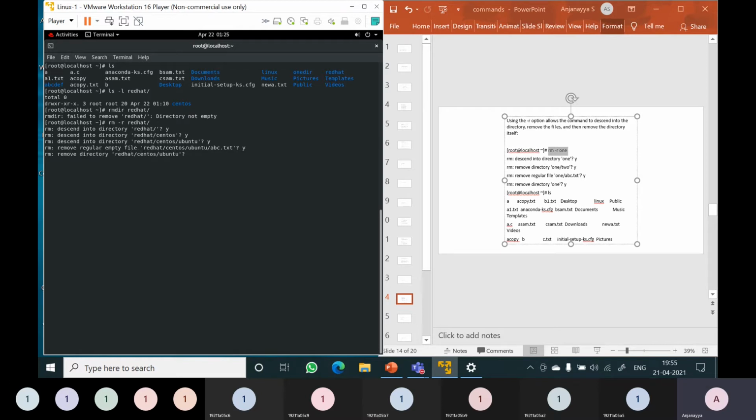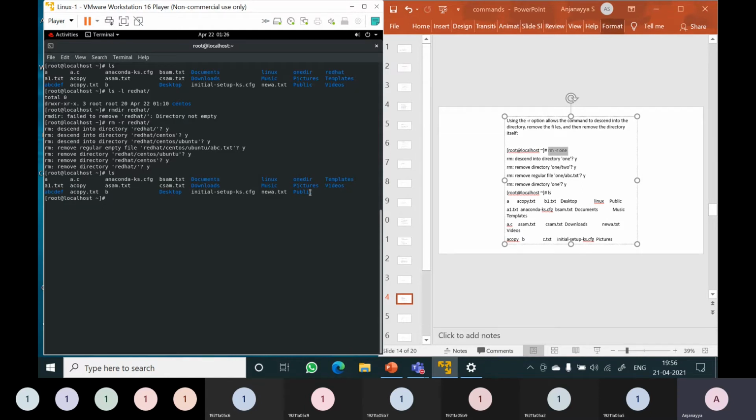Here you can observe remove regular empty file. Yes. So the file is removed. Now remove directory Ubuntu? Yes. Remove directory CentOS? Yes. Remove directory Red Hat? Yes. Now type ls.